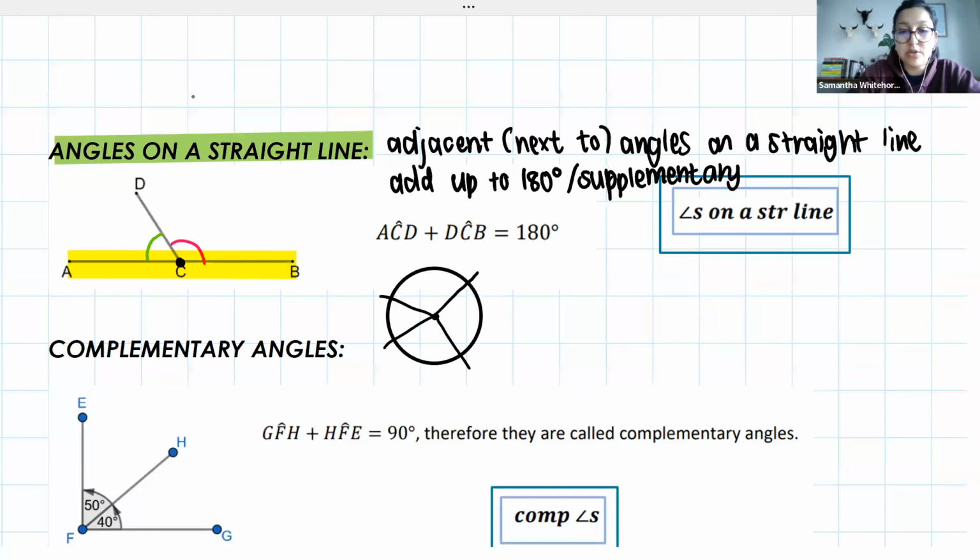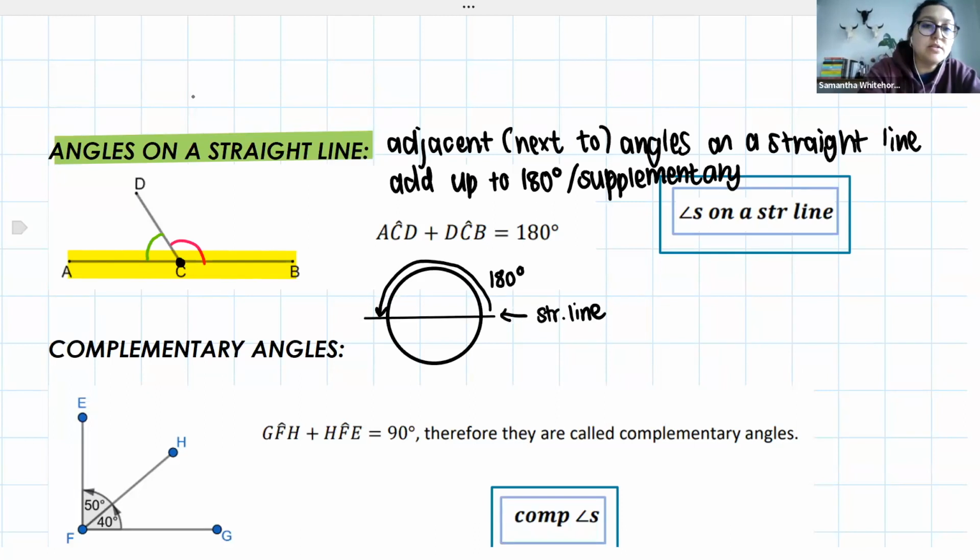And that's because a circle has 360 degrees in it. If we think about a half circle, okay, so if I cut the circle in half, we know that one half of a circle contains 180 degrees. This is also a straight line. And so angles on a straight line add up to